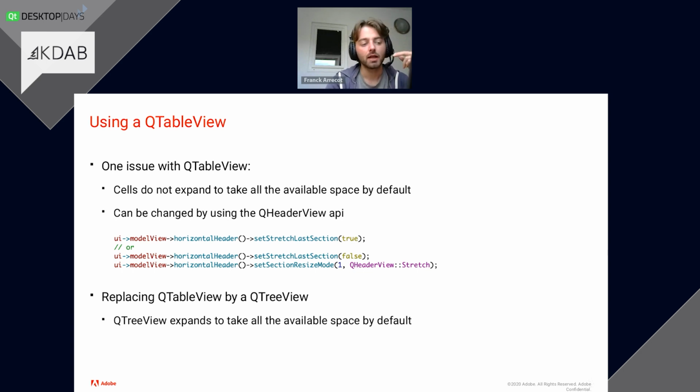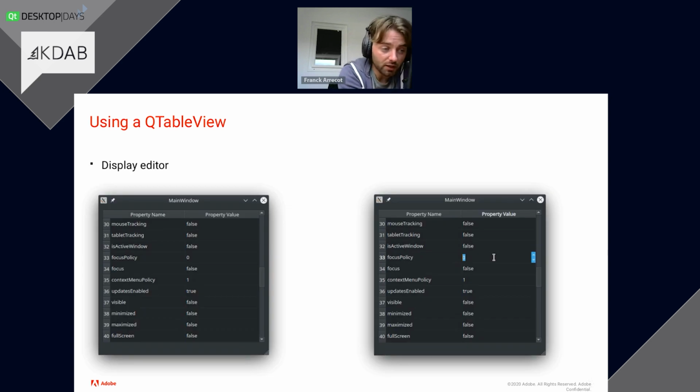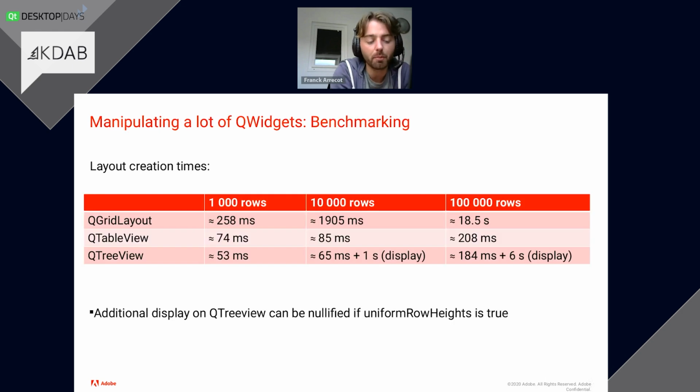And if we do that, we basically have a nice thing. You can see that the editor is displaying correctly. The alignment is perfect. The header is perfect as well, and is following. And we even have the editor in it and no more edit button. Which is nice. And if we compare with the rest, if you have 1,000 or 10,000 or 100,000 elements to display, you can see that grid layout is definitely not the class you want to use. First, because it would be horrible code-wise to use.